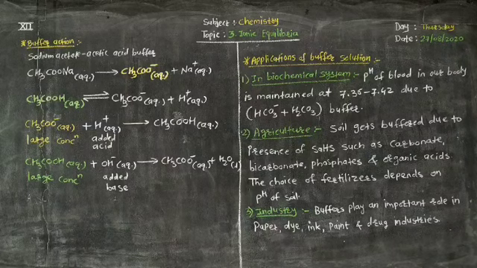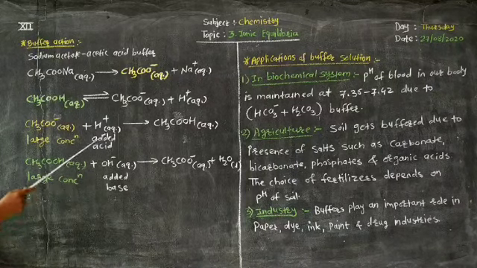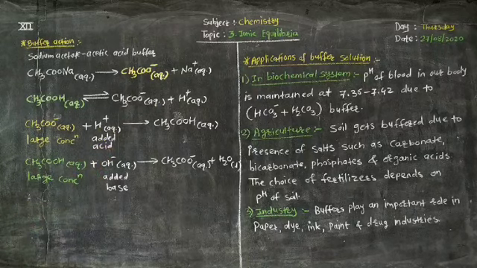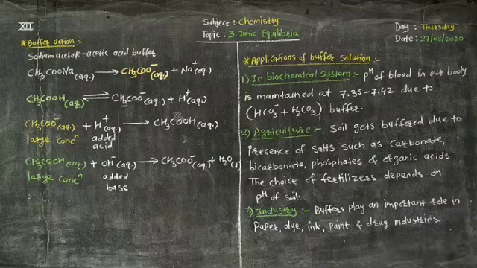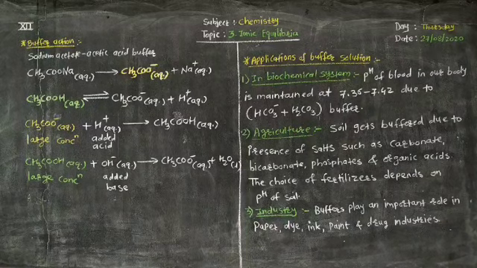Now what happens? This proves that the acid or base added cannot change the H plus ion concentration or OH minus ion concentration in the solution, and therefore the pH of the buffer remains unchanged. This also means that dilution does not have any effect on the pH of the buffer. Remember, among the factors affecting buffer action, dilution never changes the pH of a buffer.